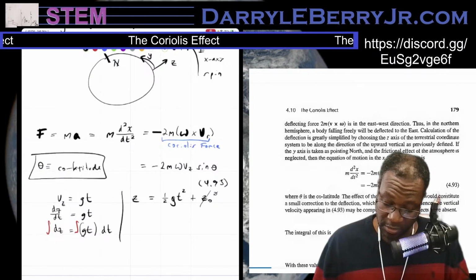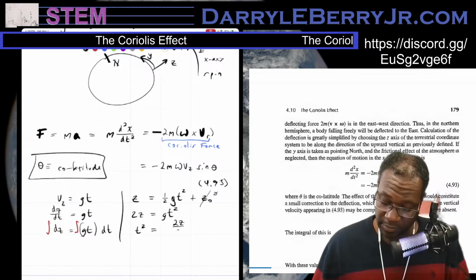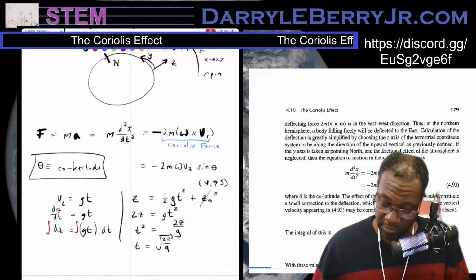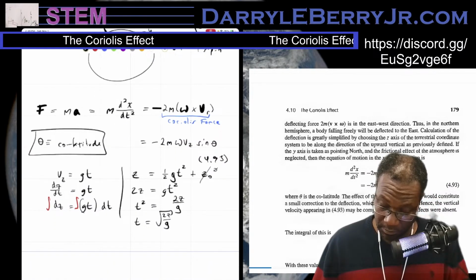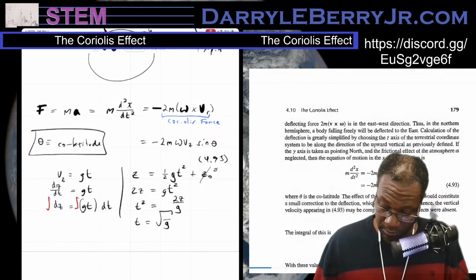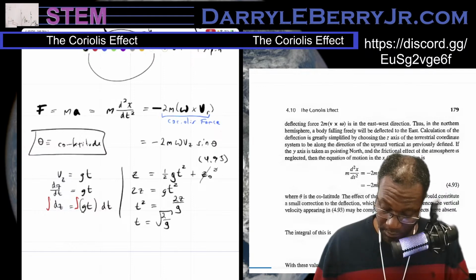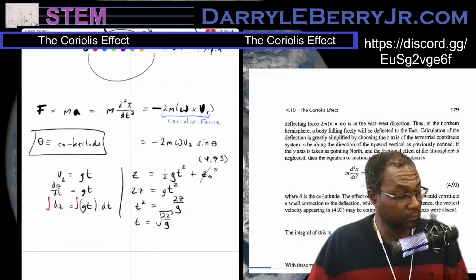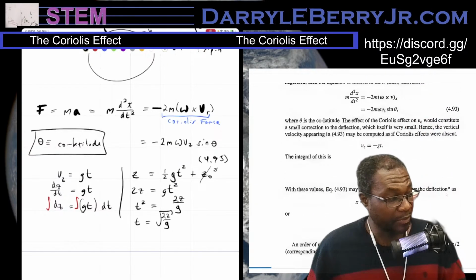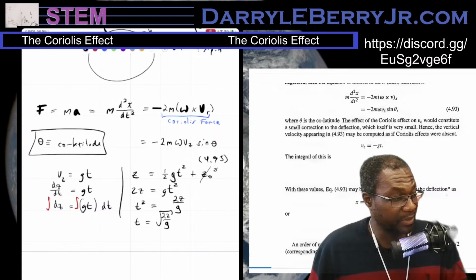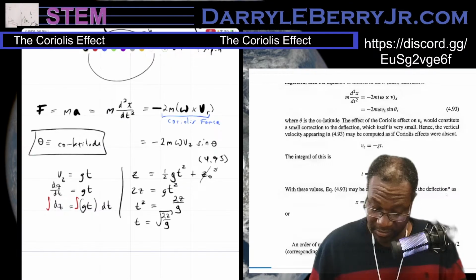I'll just call that 0. So 2z equals gt squared. T squared equals 2z over g. So t equals square root of 2z over g. With these values, equation 4.93 may be easily integrated to give the deflection as,